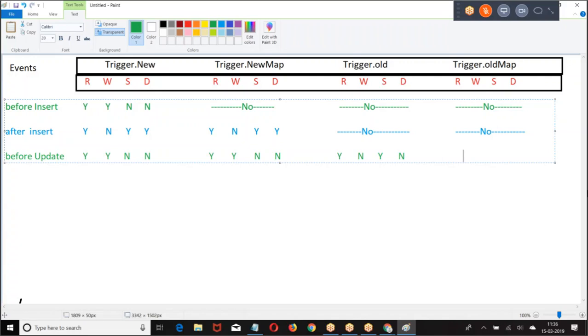No DML operation. Then we have after update. After update, trigger.new. If it is after, what we are supposed to do? SOQL and DML. In before, read and write. In after, SOQL and DML.